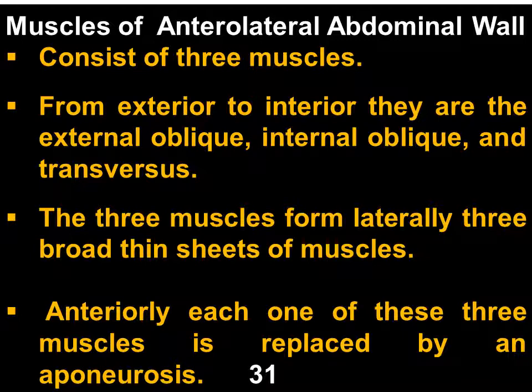These three muscles form a broad sheath, which is thin. Anteriorly, each of these three muscles is replaced by an aponeurosis, يعني they are replaced by an aponeurosis. Okay. هلا نجي على